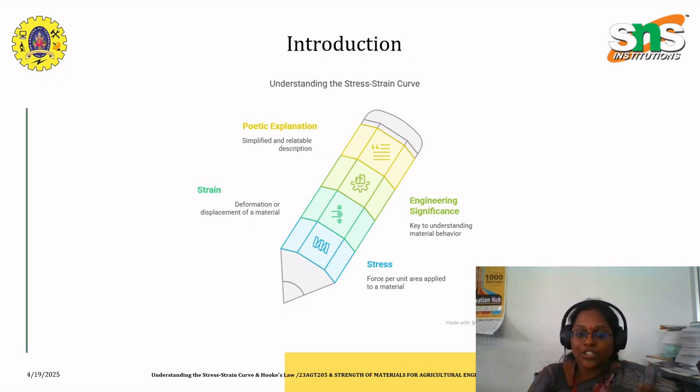So the relationship between the stress applied, which is the force that you apply, and the strain produced will give us the stress strain curve. This curve will tell us everything about how a material will behave, from its first tiny stretch, when the material gets elongated, to its dramatic snapping off, that is when the load is overwhelming. What will happen? The rubber band will get snapped, right? Similarly the steel material will get snapped. So this is the relationship between stress and strain under the application of load.